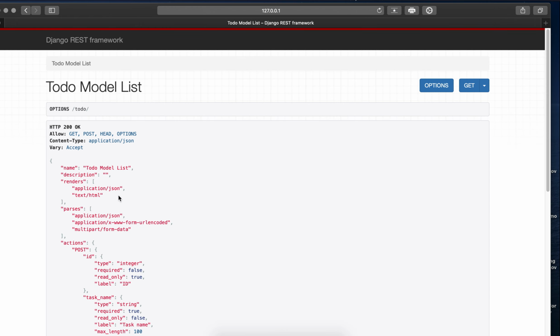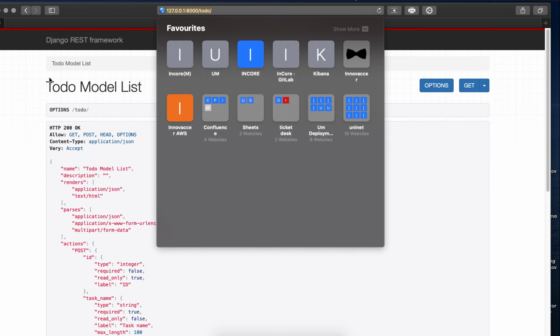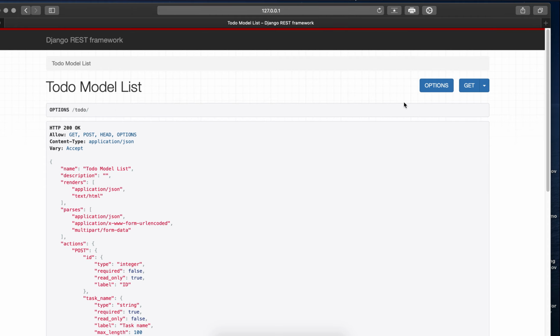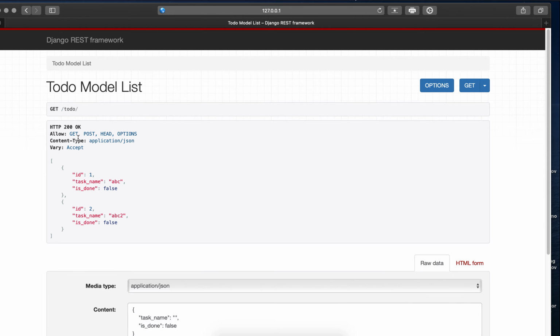So basically you need to provide this endpoint to your mobile developer, and then he will be able to integrate all the endpoints. Here's the full description of what all methods are allowed: get, put, post, delete. Basically, if I use only this get, then it will only list all the items.